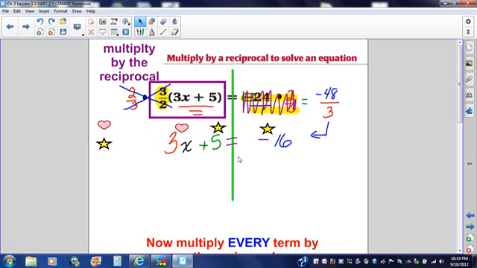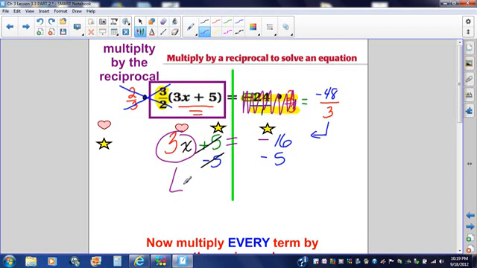Ouch. So I'm going to put my stars together. When I go across the line, I am going to do the opposite operation. The opposite of adding 5 is to subtract 5. I'm going to do it on both sides. These will cancel. I'm left with 3x equals